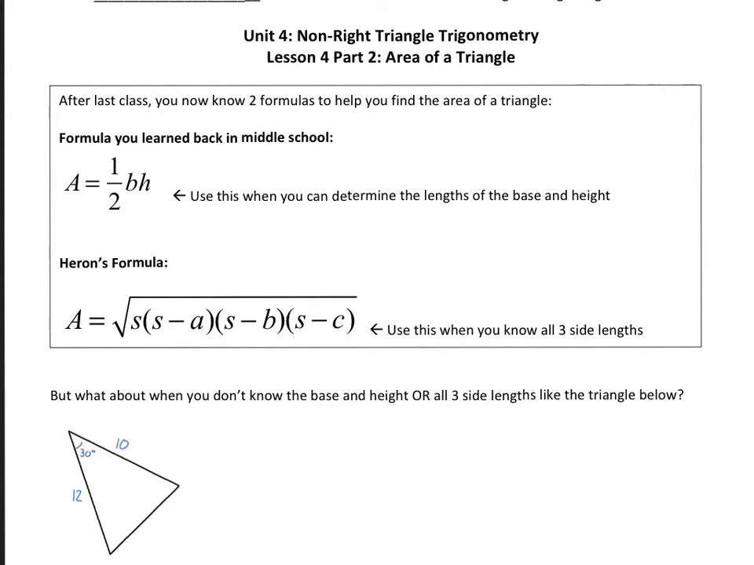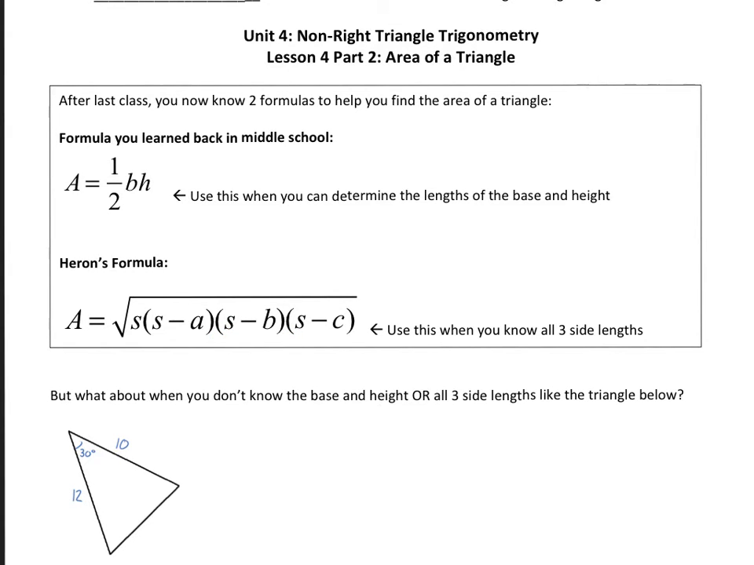Everyone. So today we're going to continue our discussion of finding the area of a triangle. Last class you learned Heron's formula to find the area of a triangle. You use this formula when you know all three side lengths. And remember, S is just standing for,